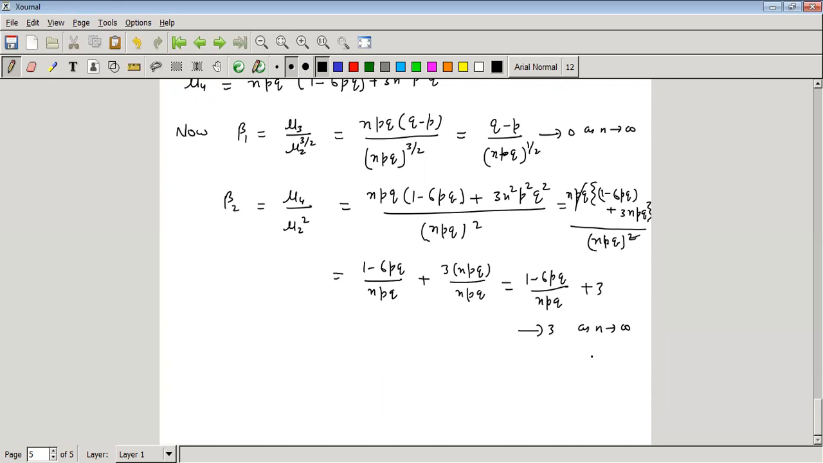So this is how we can find beta 1 and beta 2. So next,